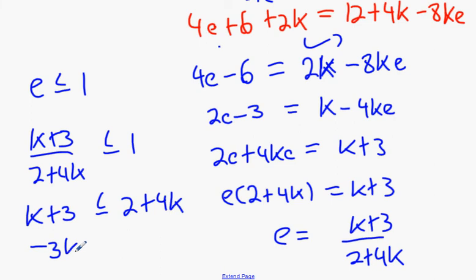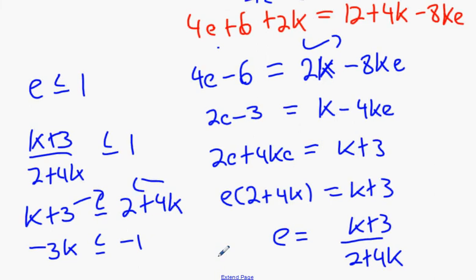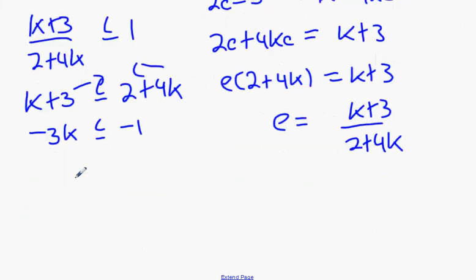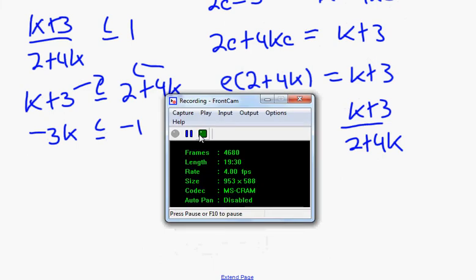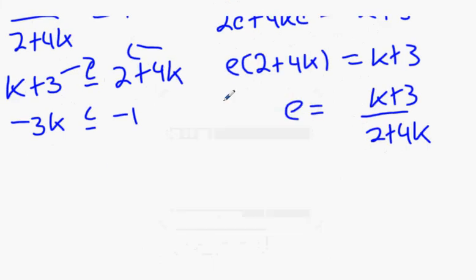Minus 3k, bring that over this way, is less than or equal to minus 1. Therefore multiply both sides by minus 1. So guys, what we have here is this: 3k is greater than or equal to 1, k greater than or equal to 1/3. Okay,